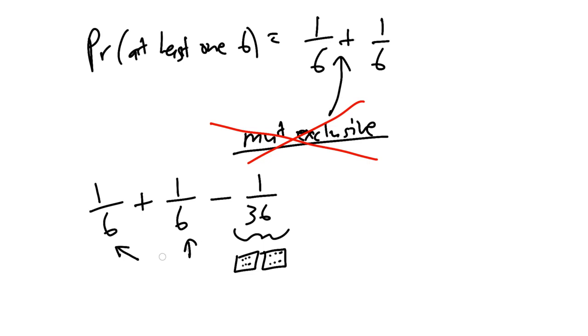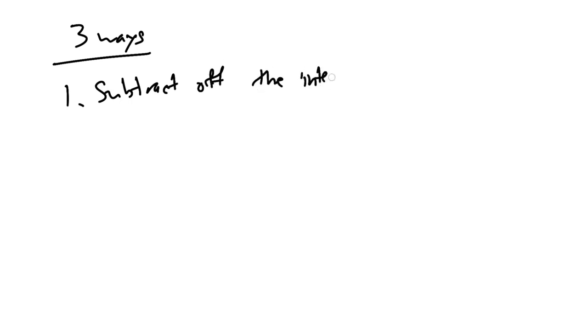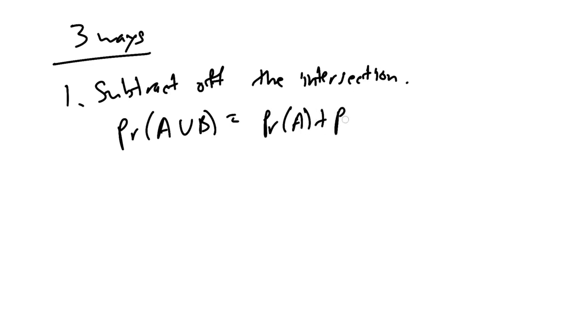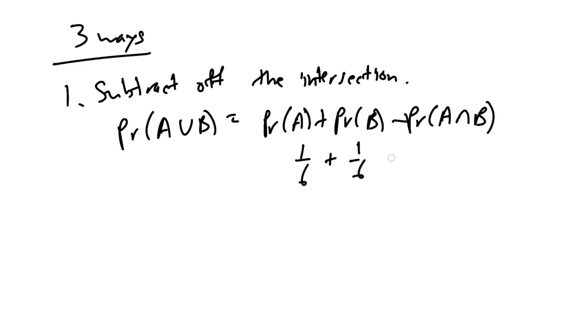Okay, so just for completeness here, there's at least 3 ways to work this out, all of which give the same answer. So, one way is to subtract off the intersection appropriately. And the reason I have to do that is because these events are not mutually exclusive. Sorry, I meant to say not mutually exclusive. So the probability of A union B is always equal to the probability of A plus the probability of B minus the probability of A intersect B. And so if we say 1/6 plus 1/6 minus 1/36, then we're going to end up getting the right answer, which ends up, by the way, being